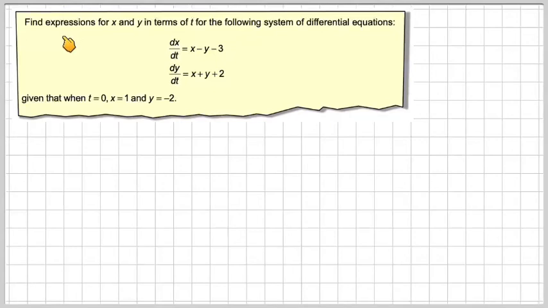Hi, I'm going to make a video here on solving systems of differential equations. Find expressions for x and y in terms of t for the following system of differential equations. These are first order. So dx/dt is equal to x minus y minus 3, dy/dt is x plus y plus 2, given that when t is 0, x is 1 and y